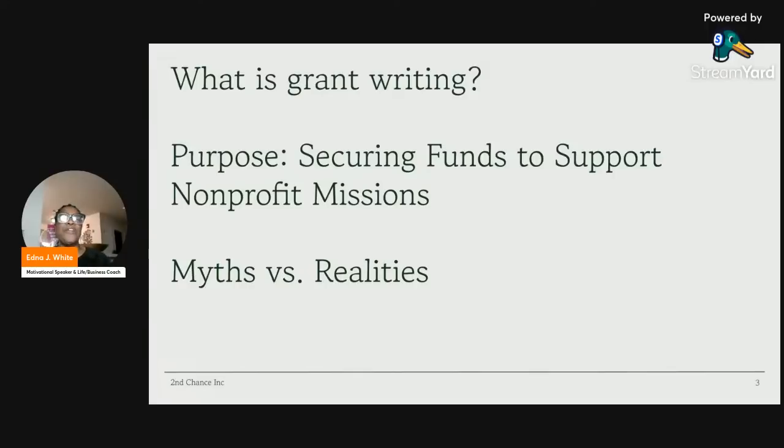One grant can fund everything. That's the myth. Most grants fund specific parts of your work. Remember that. One grant does not fund everything. It may be able to only fund a specific part of your work. So you have to understand that. Get those three myths out of your thought pattern, out of what you're thinking, out of what you're going to be doing.